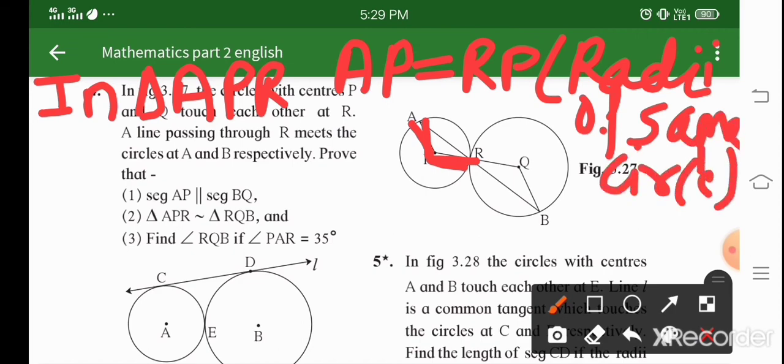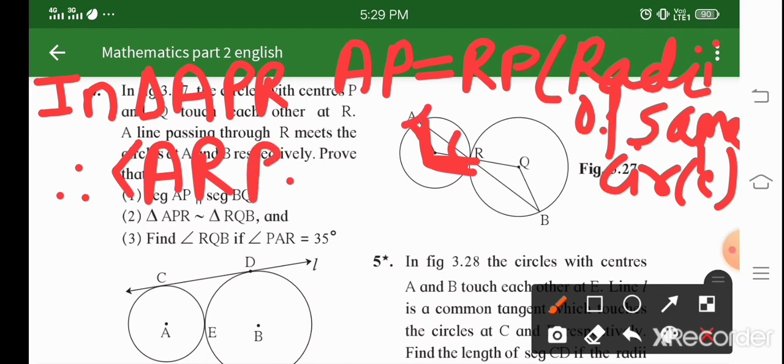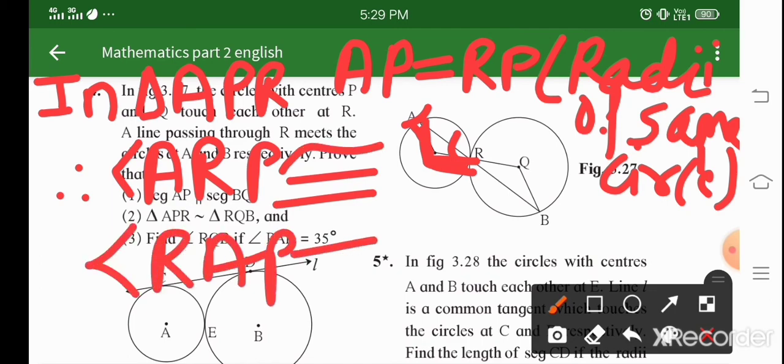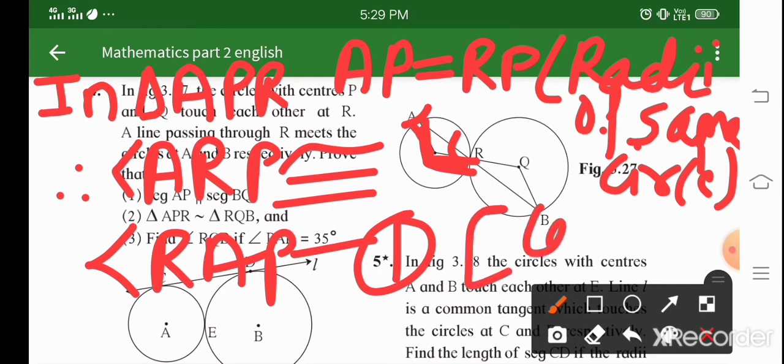Okay, now see, have you heard about the isosceles theorem? So if these two sides are congruent, then the corresponding angles are also congruent. So from this we'll get angle ARP, this angle and this angle are going to be congruent. So angle ARP is congruent to angle RAP. Just make it as equation number 1, and here you'll have to write converse of isosceles theorem. With this theorem we got this. Okay, I think this is clear.